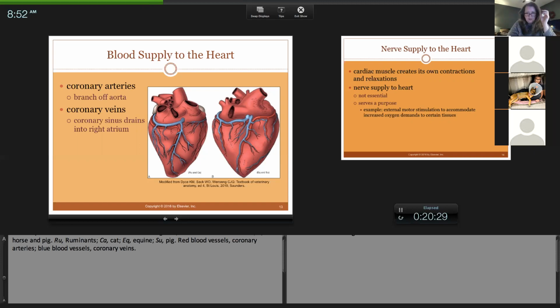If there was a blockage here, how is the heart muscle going to get oxygenated blood? It does not absorb blood from inside, okay? So when people have blockages to their coronary arteries, this is how people have heart attacks. The myocardium, this muscle, is deprived of oxygenated blood. Muscle cells die. When muscle cells in the heart die, they cannot send those electrical impulses, right? Because the electrical impulses are embedded in the muscle of the heart. If the muscle of the heart isn't getting oxygen, it can't function. And this is where heart attacks come from. So the coronary artery blood flow is very, very important.